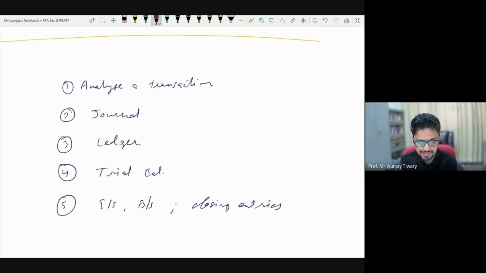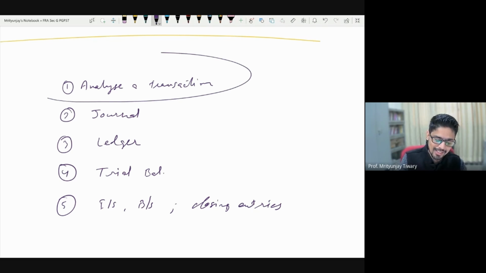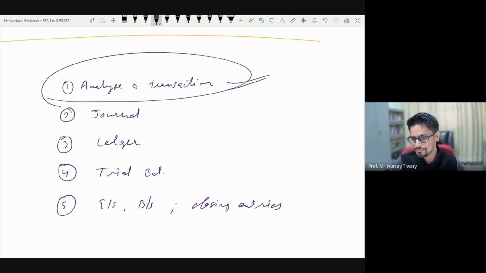Now, the first one is rather strange. It almost feels like, I know you are all students and you would understand what I'm going to say, it's almost like you have got a question of 5 marks. It's a theory question and you only know 4 bullet points. So what do you do? Create a random garbage kind of point and just put it there. It's very important. Almost like analyze a transaction. What does that mean? It so turns out, strangely, that of all these 5 stages, this is the only tricky one. The rest are all going to be a cakewalk for you.